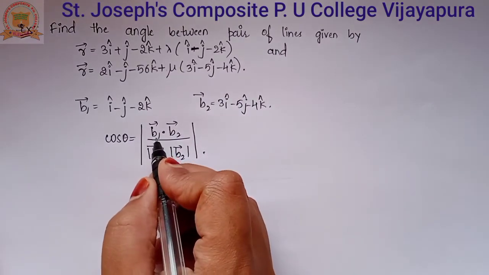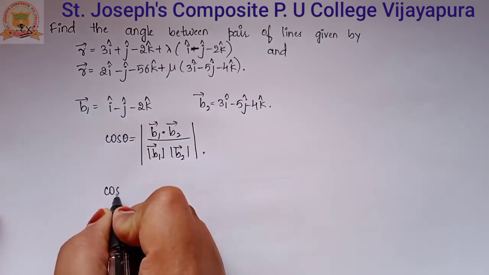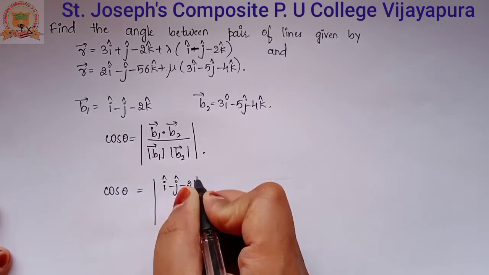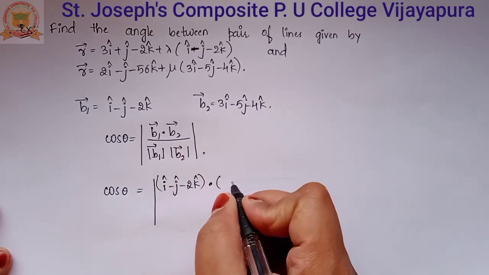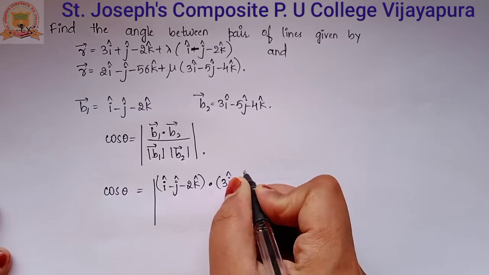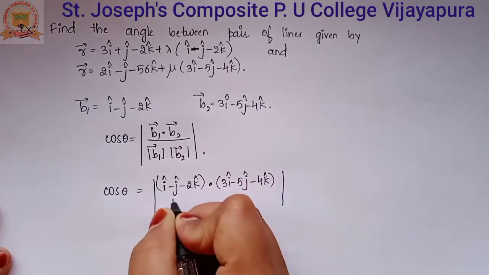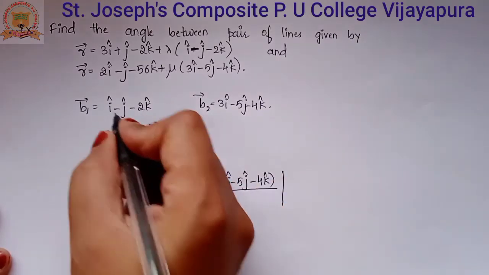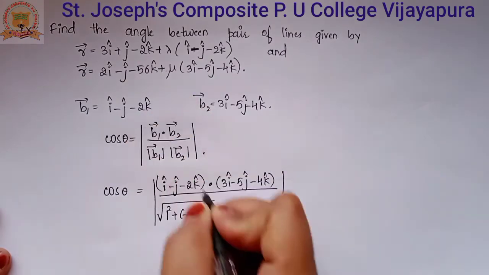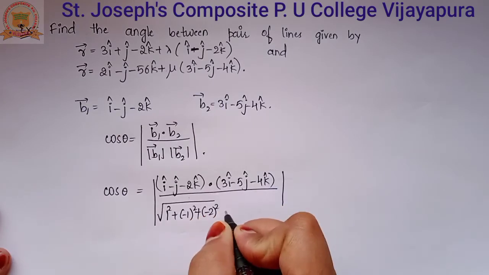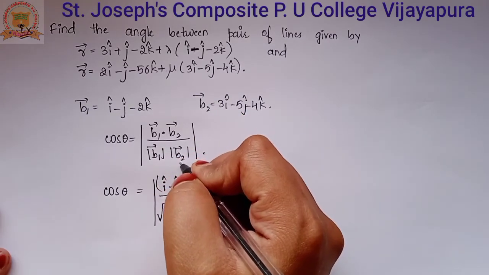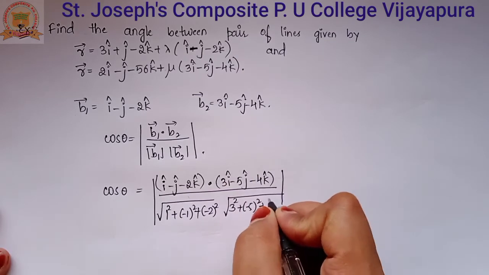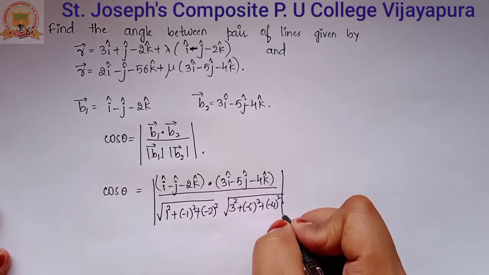Now substitute the vector b1 and vector b2 in this formula. We get cos theta is equal to mod of (i vector minus j vector minus 2k vector) dot (b2 vector as 3i vector minus 5j vector minus 4k vector), whole divided by root of the magnitude of the b1 vector, as 1 square plus minus 1 square plus minus 2 square, into root of the magnitude of b2 square, b2 becomes 3 square plus minus 5 square plus minus 4 square, okay, and which is equal to